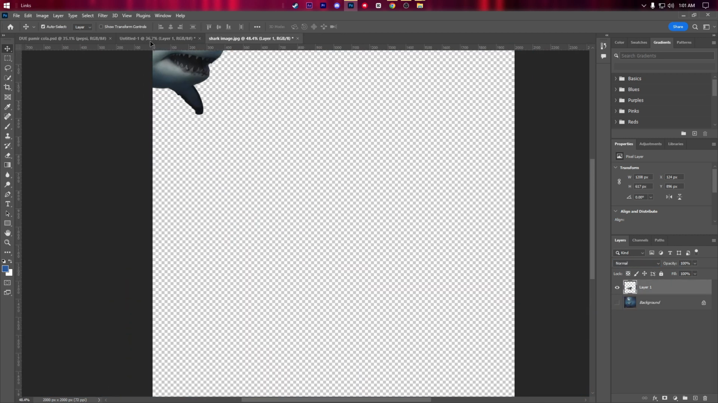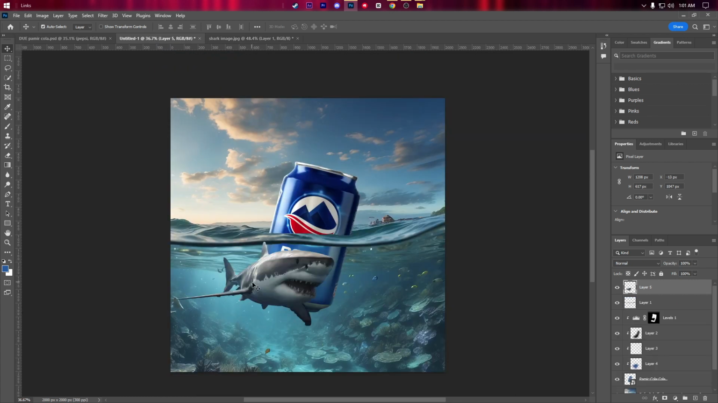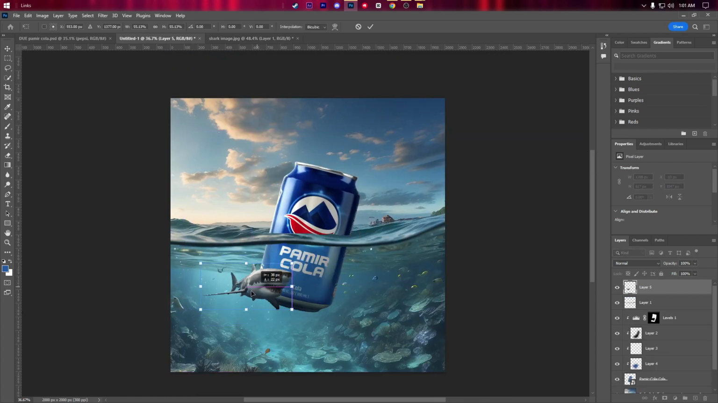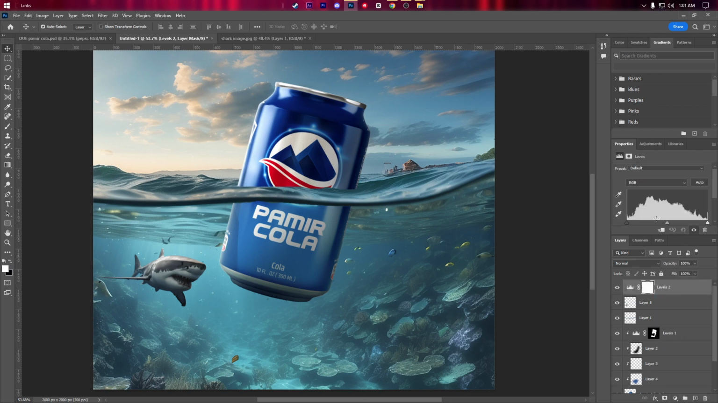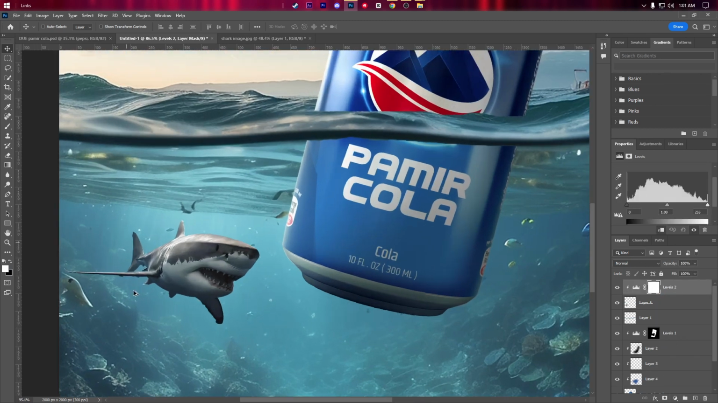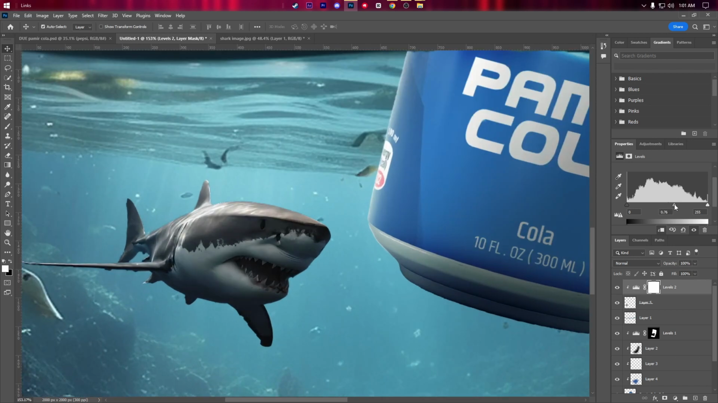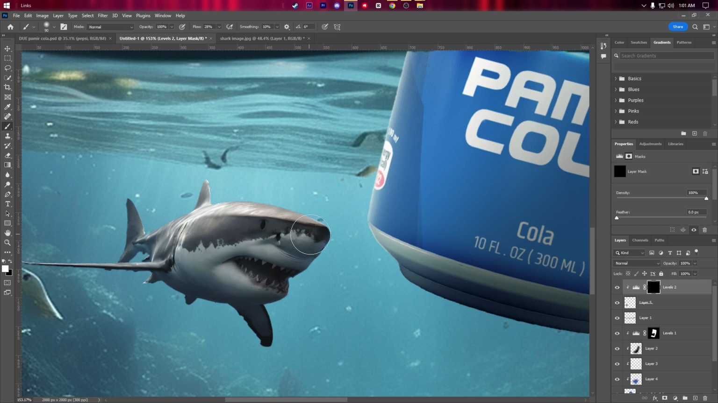Okay, now I will take this shark, place it right over here, and again apply the level and adjustment layer on this clip. Okay, I'll clip the layer and press Ctrl I to invert it. Now I will gently brush